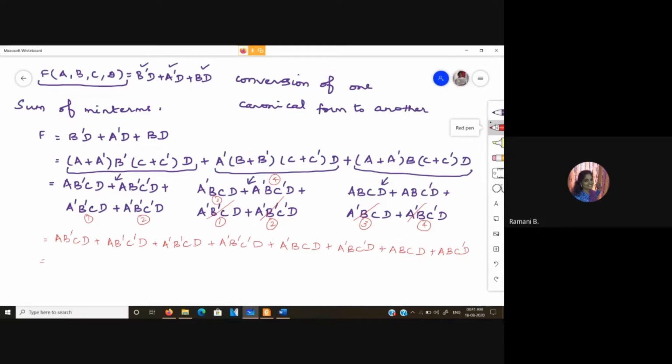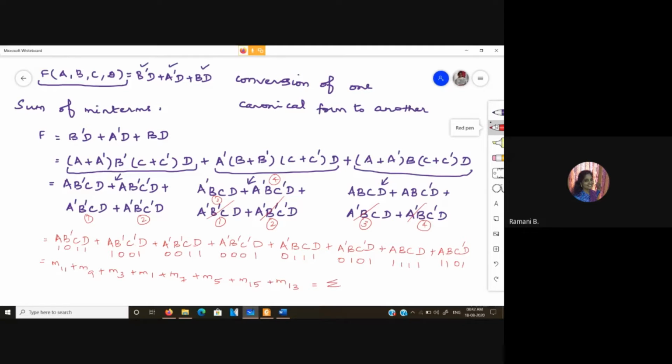So writing the corresponding form: this is 1011, which is 11; 1001, which is 9; 0011, so 3; 0001, so 1; 0111, so 7; 0101, so 5; 1111, 15; and 1101, so 13.